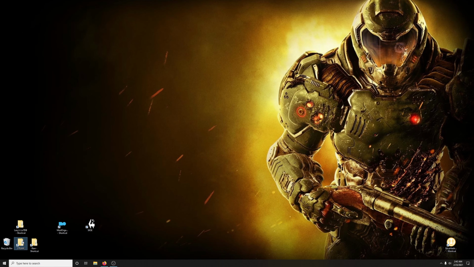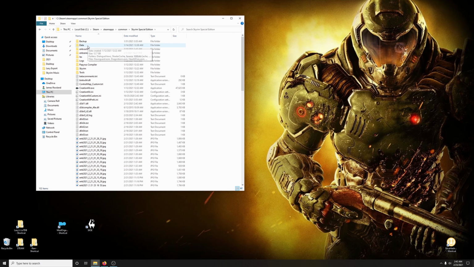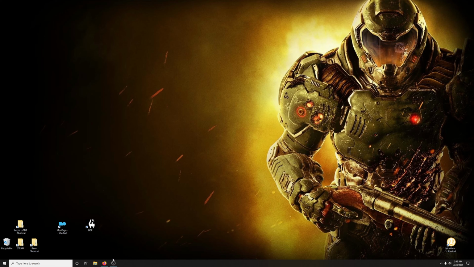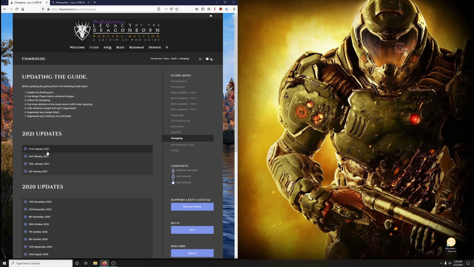So to do that, open up your Steam folder. Go into Skyrim Special Edition, and here's data. And you will create a doc folder. Just right click, new folder, and call it docs. But I'm using Windows 10, so I don't need to do that. And also, if you're just updating Rybash, you should be good to go, and you probably didn't need to create that docs folder. Okay, next up, we are going to